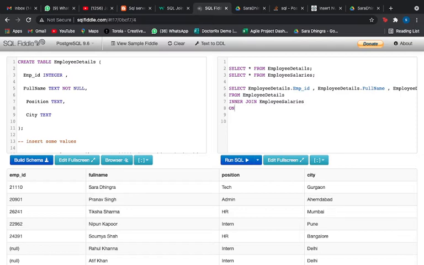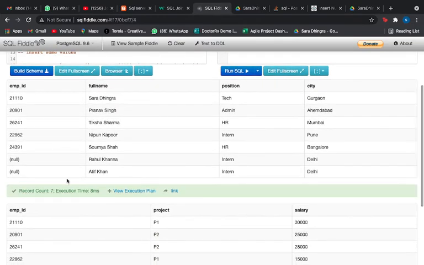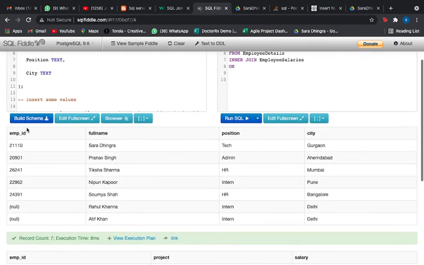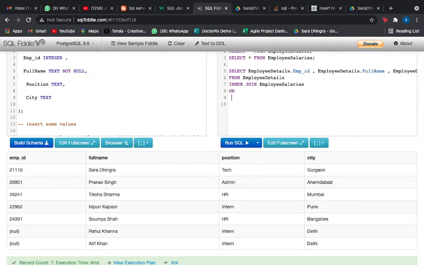Now we are going to select the common ground. So what is the common attribute in both the tables? It is very clear, that is employer ID, right? This is common in both the tables, so I can choose this as my common column here. So I'll write on, and we write the name of the table, we are selecting the attribute from employee details dot employer ID is equal to employee salaries dot emp id. Alright, because we are selecting emp id from both the tables, employee details as well as employee salaries.